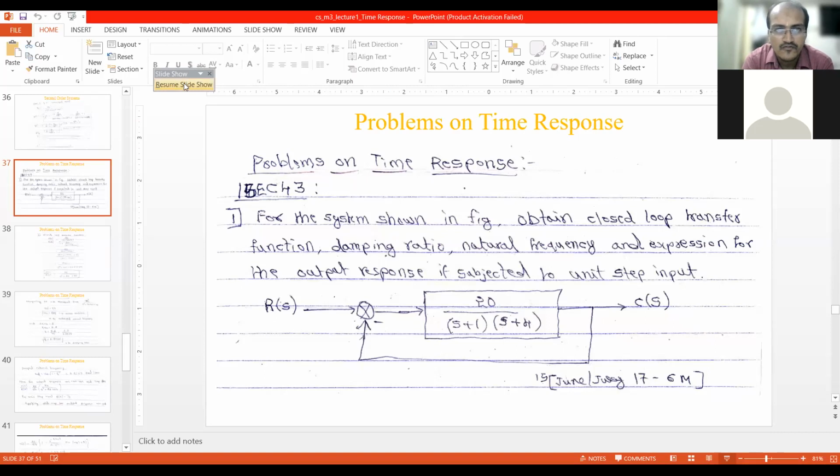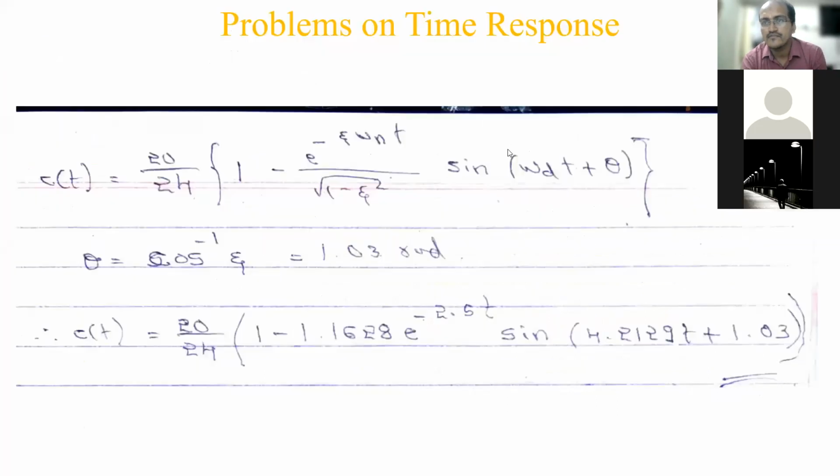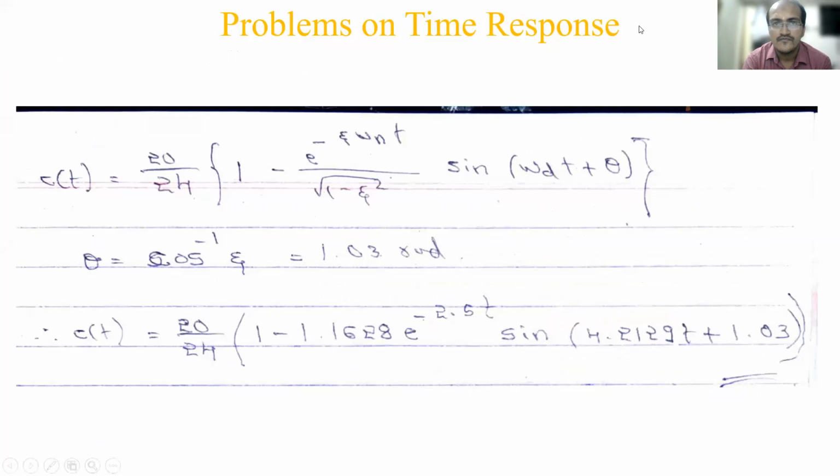Yes, sir. So first I am calculating the denominator part. It is 1 divided by square root of 1 minus zeta square. Here you have to substitute zeta as 0.5 and something that you calculated, then 1 minus that, and 1 divided by that. So 1 divided by this should be kept as the answer here. You can check on your calculator; it will come to 1.1628.